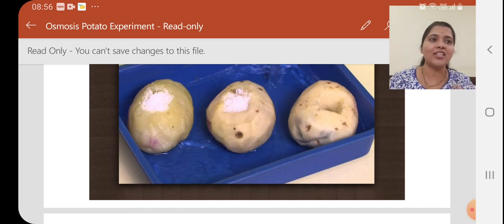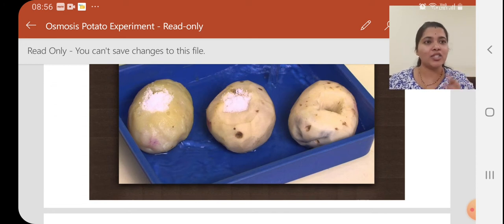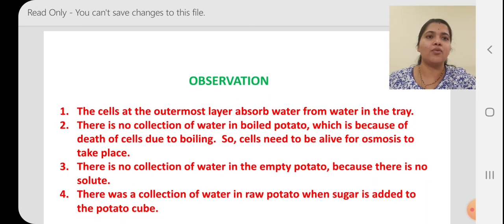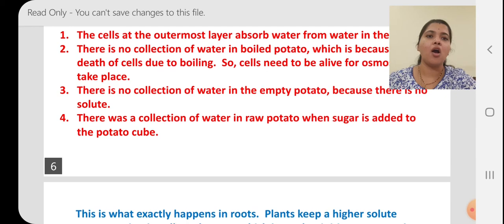That means where the sugar solution is there, from less concentration to high concentration it moves. If the sugar solution is inside the potato, water comes inside. If sugar solution is in the place of water, and you keep the water in the potato cup, water will come outside through the plasma membrane because of the sugar solution which is present in the beaker, vice versa. Okay, so where the sugar solution or solutes are there the water goes from less concentration to high concentration. That is nothing but osmosis.